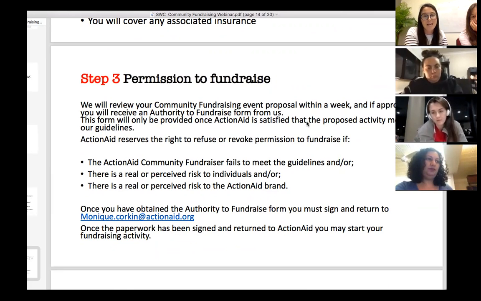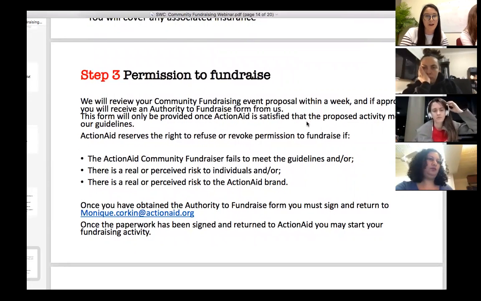I've got my email there again, and once we've got that paperwork, you're free to start your fundraising activity. We just need to make sure as well that it meets our guidelines and the points that I read through before, that there's no perceived risk to yourself or anybody else involved, and that it doesn't risk our ActionAid brand.